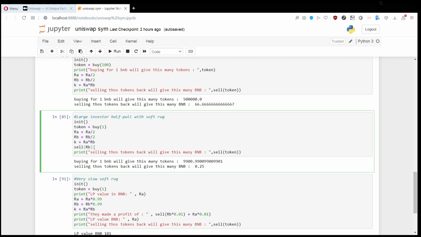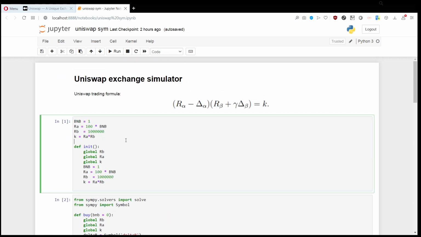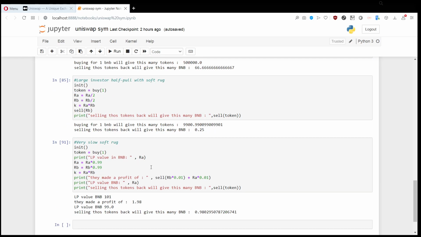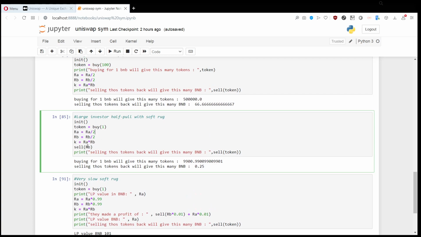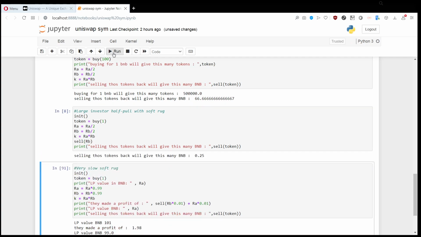So not only does he get back the BNB, he also gets half of the tokens, right? He gets 500,000 tokens, which were originally placed there, and when you try to sell afterwards, as you can see here,